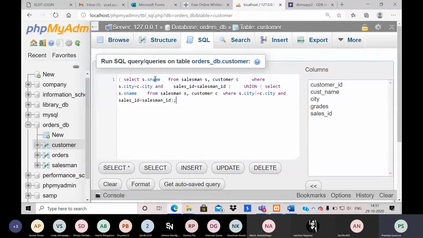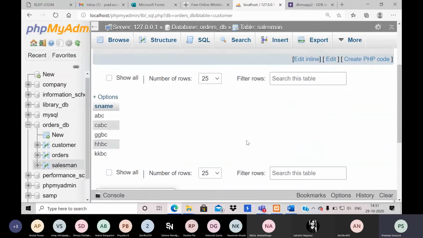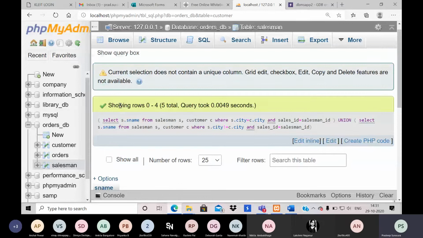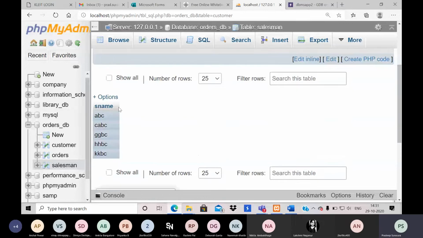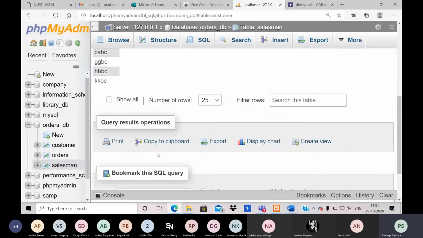I need to first find the customers where the city of the customer and the salesman should be the same, and in the other case the city of the customer and the city of the salesman should be different. Okay, so I'm trying to do a union. I will get 4 rows, ABC, CABC. In this I get more than 5 rows. It's not been told how many rows.